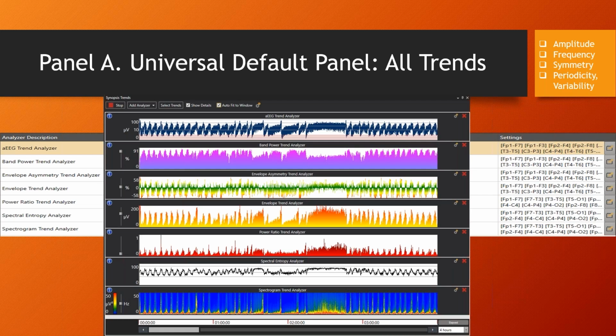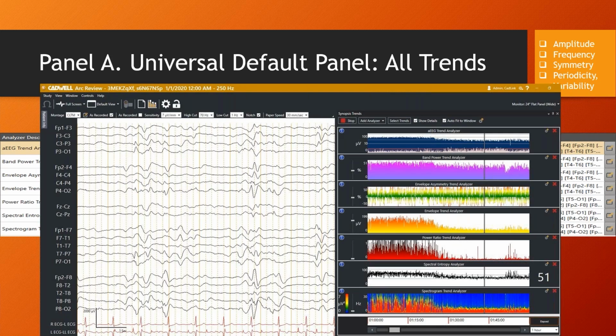And it doesn't tell us whether it's lateralized or not. So for that, we would want to go to a different trend panel. And this is using the same universal trend panel, panel A, using this for, as you can see on the left-hand side, a burst suppression patient. And what you see in this one is not so much the periodic nature of the recording, but you get